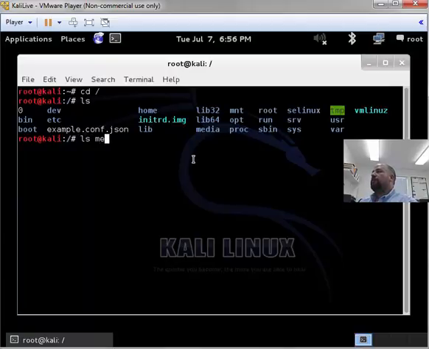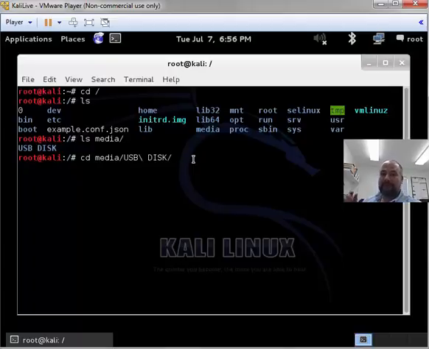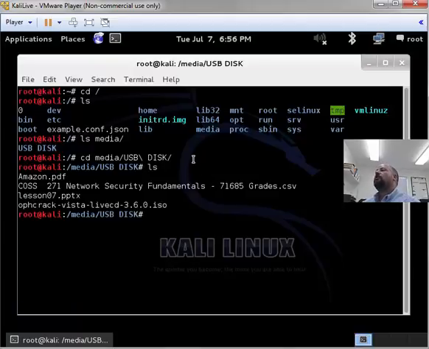If I do ls media, you'll notice under media there is now USB disk, right? So I'm going to cd into media, and then I'm going to hit a capital U and then hit tab. Remember, we're going to use autocomplete in Linux. Let it do the work for us. And notice it puts a backslash in front of the space, escaping that character. Otherwise, you need to remember to do that yourself. It's a pain in the butt. And now we see that I am in /media/USB disk, and if I type in ls, we can see what's